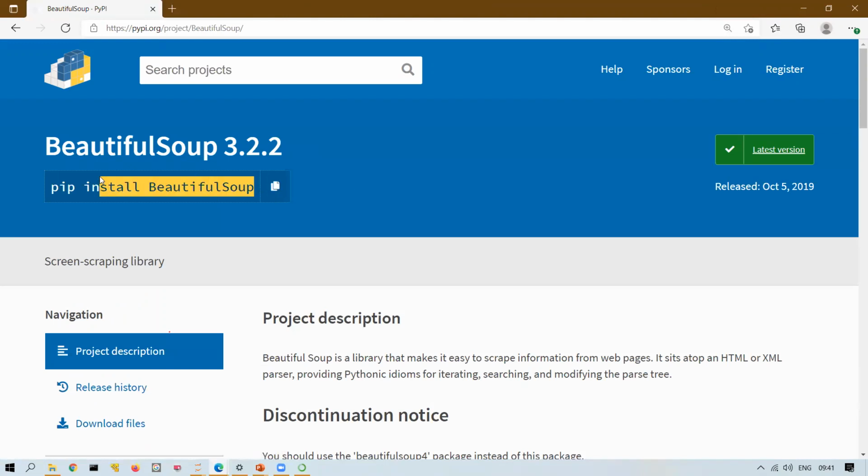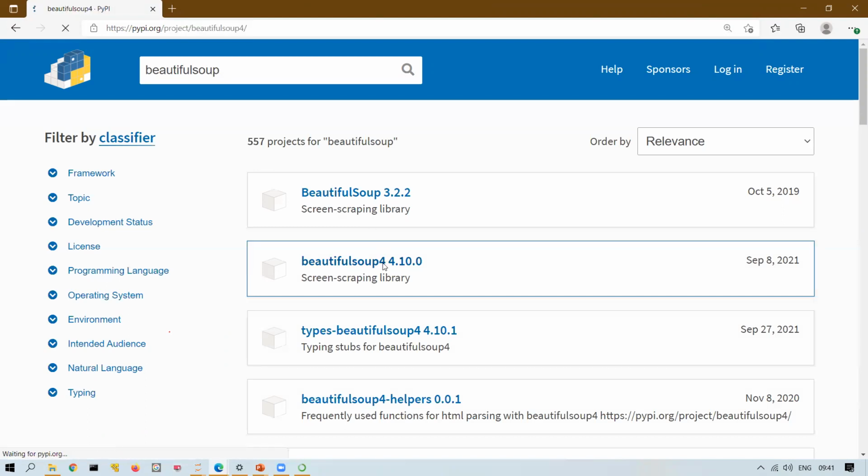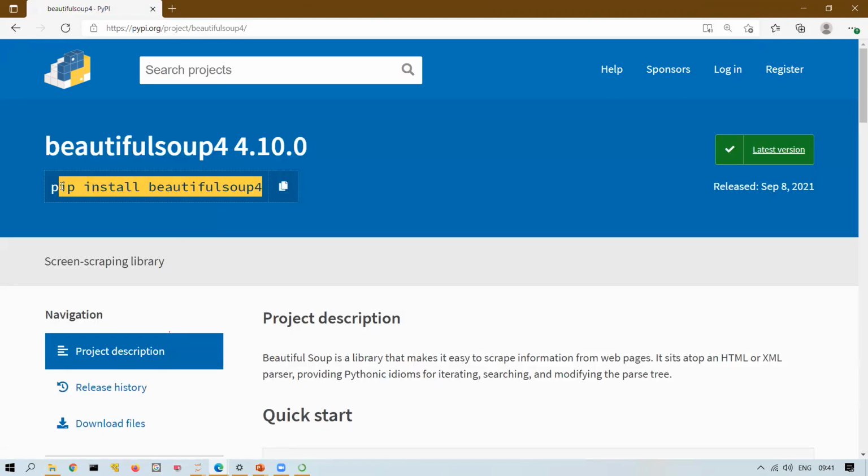So there is Beautiful Soup, and another one, if you come here, Beautiful Soup 4 is there. So what do you want to install? Better to go to PyPI, copy it and paste it, unless you're very sure. If it is a very common package you already know, like NumPy or Pandas, yes, directly. If anything is new, always go to PyPI search, then copy and paste it.